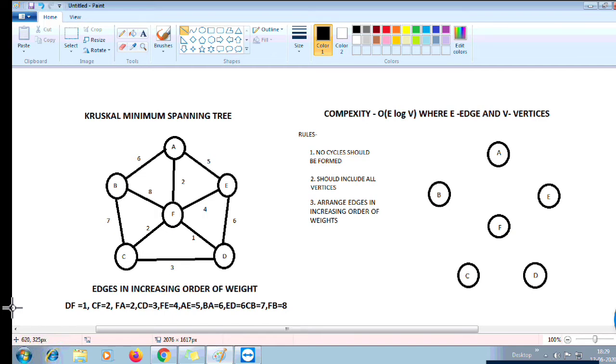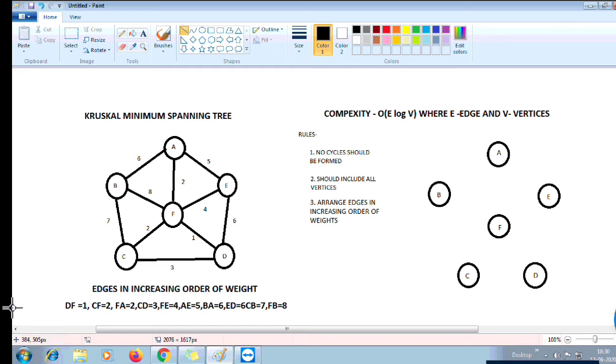For example, fd has weight 1, cf has weight 2, bc has weight 7. Like this the whole structure is made. The second rule is that it should include all vertices in the output. And the third point is you have to arrange edges in increasing order of weights.